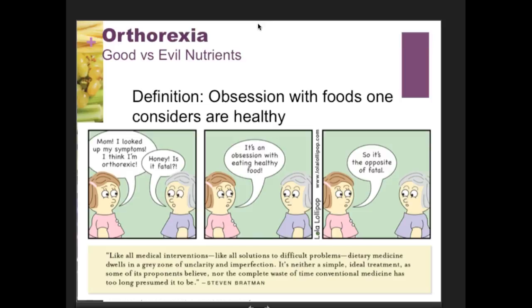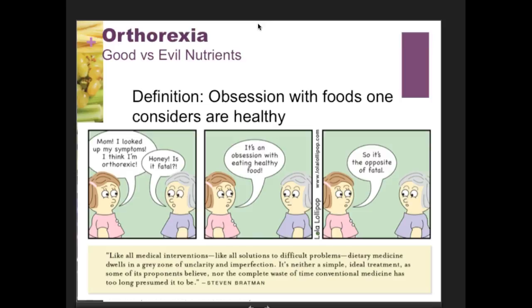So where did this come from? We first discovered the nutrients in the late 1800s. Nutrition is a fairly young science. And in the late 1800s, what do you think were considered the evil nutrients? When they were looking at nutrients, it would be carbohydrate, fat, protein, maybe the vitamins or minerals, but they labeled them as either good or evil.